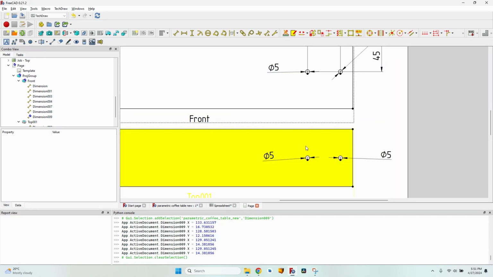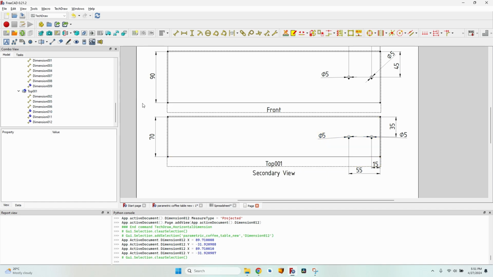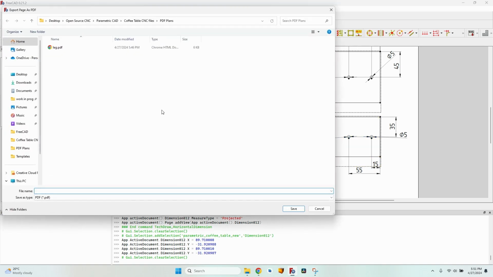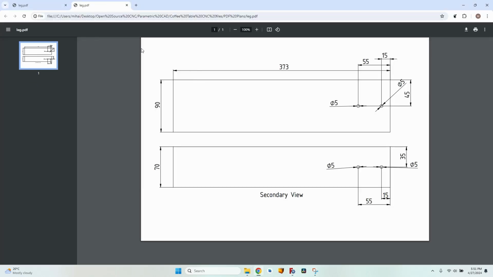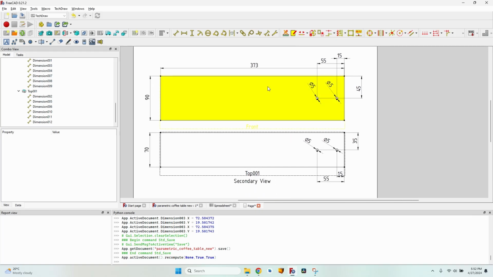Now let's do the same for the bottom circles, for the bottom holes. The document looks as it should. I will just right click, export PDF, go to the folder, double click on it to open it. Make sure I have all the information. Try to look and see if you have anything that is not determined in the view. I realized that I don't have one of the dimensions required to make this leg, which is the depth of